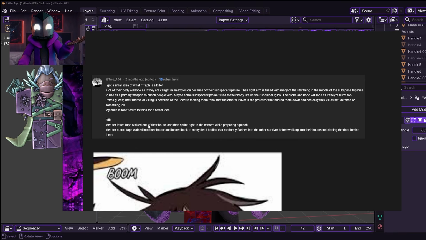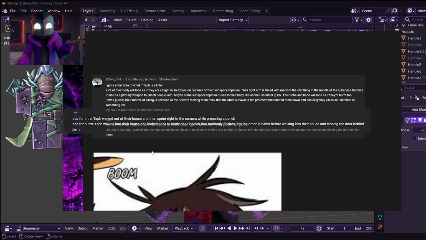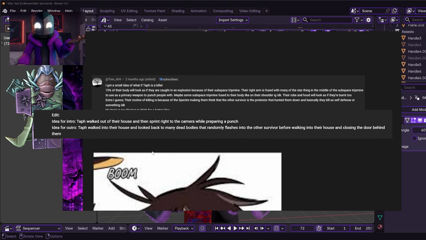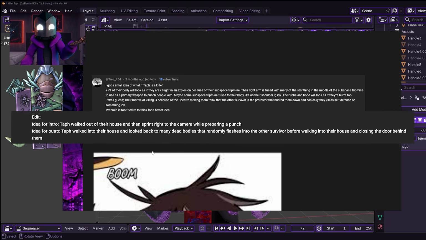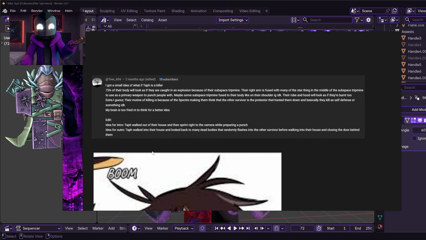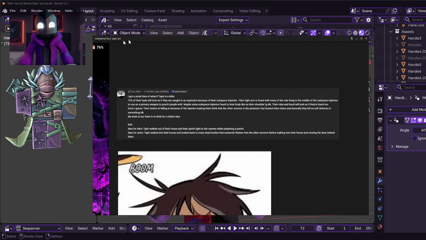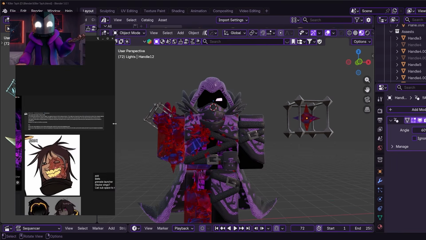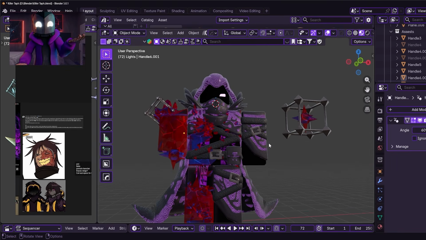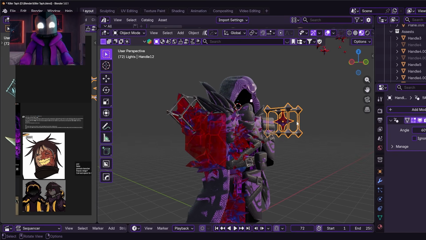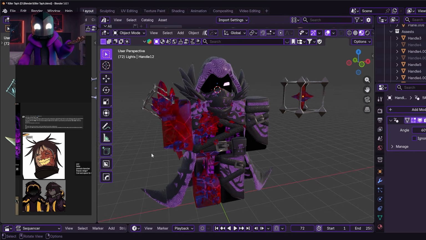The heck is an Ida? Idea. Half walked out of their house and then the spirit printed. I'm not gonna make it exactly the same, of course, but I'm gonna take the base idea and really change it into what I'm thinking, that maybe the first part of it should be him walking out